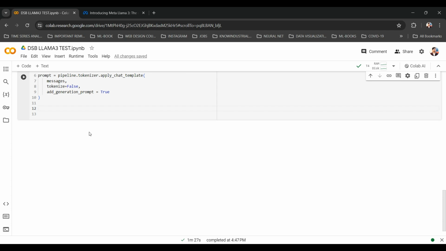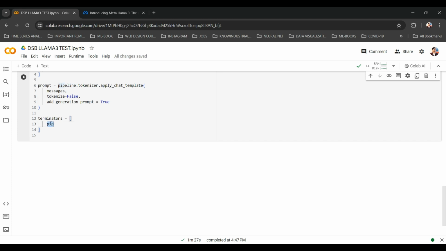Now we will define some terminators to let the model know when to stop generating the text. This is just a basic task that we do when we are working with LLMs like this. So we'll set terminators equal to two terminators that we get from the Hugging Face transformers pipeline. We'll set tokenizer dot EOS end of sentence token ID. So when the model sees this token, it will stop generating. And also one more thing, pipeline dot